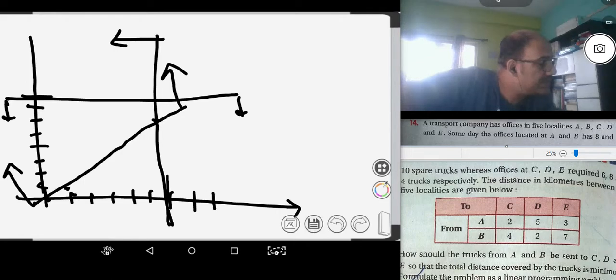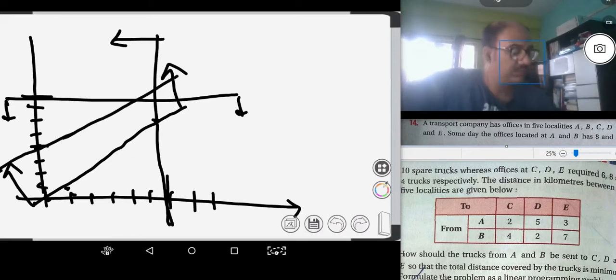And the second line is y minus x less than or equal to 4, so y by 4 minus x by 4. y by 4 is this, 1, 2, 3, 4, and minus x by 4 is like this, 4, 0 and 8, 4. So this is more or less okay. It will be towards the origin, so this is the feasible region.